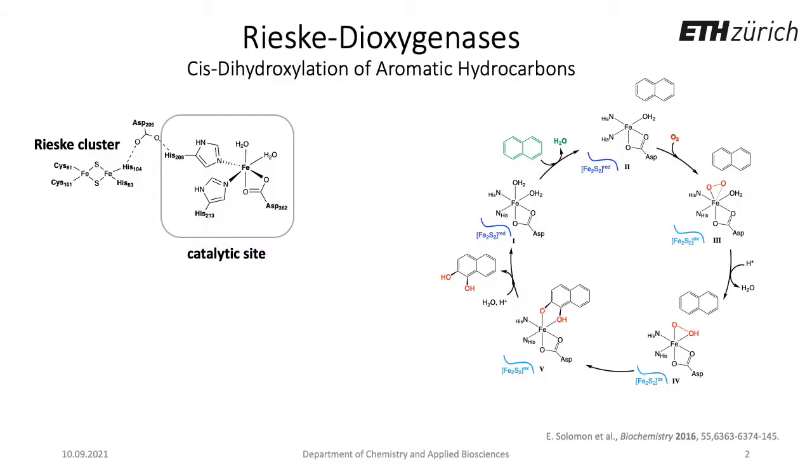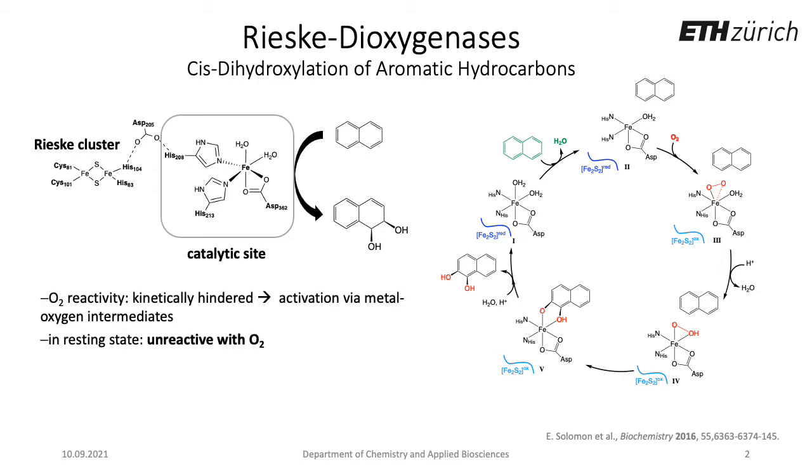Rieske Dioxygenases are a subclass of metalloenzymes that perform cis-dihydroxylation of aromatic hydrocarbons with molecular dioxygen. In organic chemistry, O2 reactivity is kinetically hindered, which is why activation generally proceeds through the generation of metal oxygen intermediates. The active sites of Rieske dioxygenases indeed contain such a metal site, which is, however, in its resting state